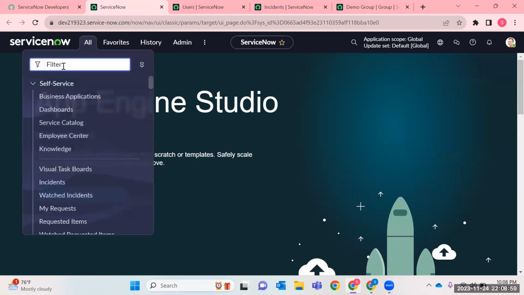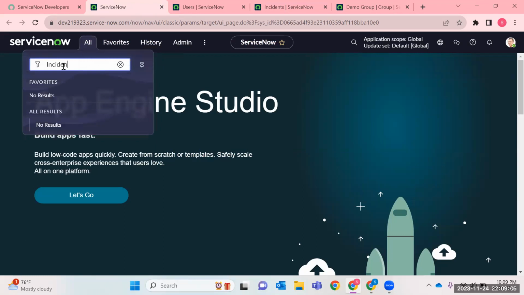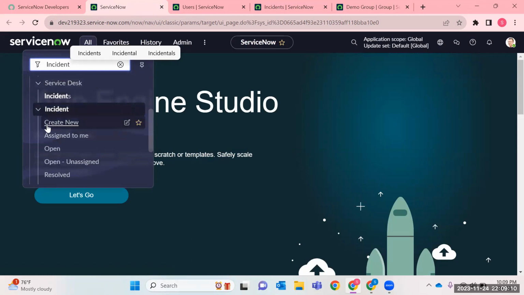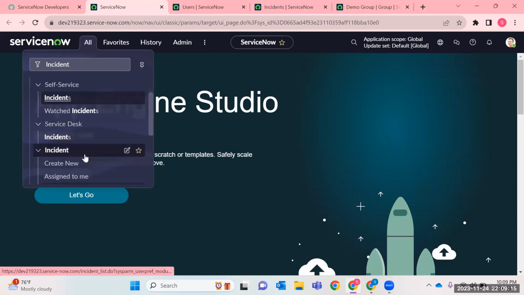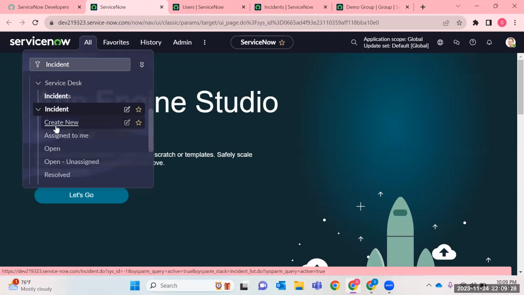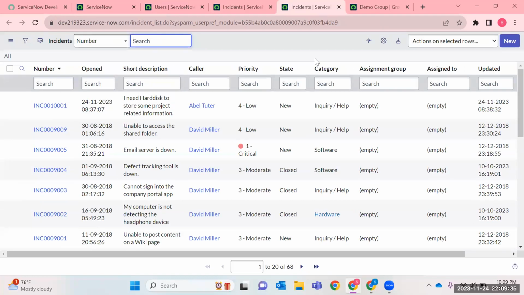And coming here, if you open our incident table, I'll show you. I told you, right? The incident module is missing. See, when I just see here, incidents, create new, assign to, open, this was missing on his profile, right? When I just typed incidents, I was able to see only incidents, first instance, right? But here I was able to see this because of the ITIL role. So now I think you are able to understand why roles are very important. Okay, so whenever we have users with zero roles, we call them a no role user. Okay,